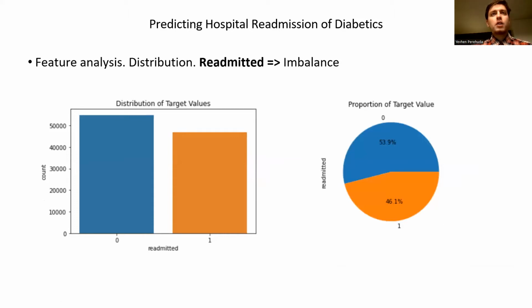So let's determine what readmitted means in our data set. We have 3 possible values for the readmitted feature. No, meaning that the patient will not be readmitted, we transform to the 0 value, and that the patient will be readmitted in more or less than 30 days, and we group these 2 values to 1. And we see that we have an imbalance in our data, but we will manage it later.